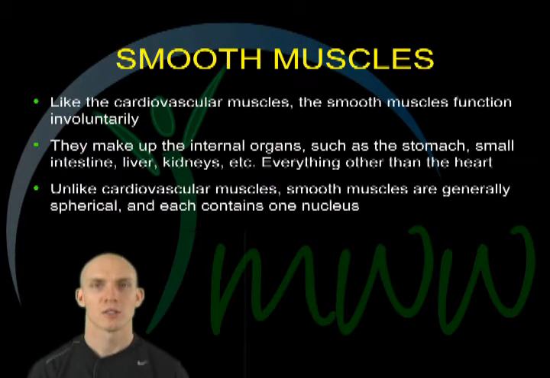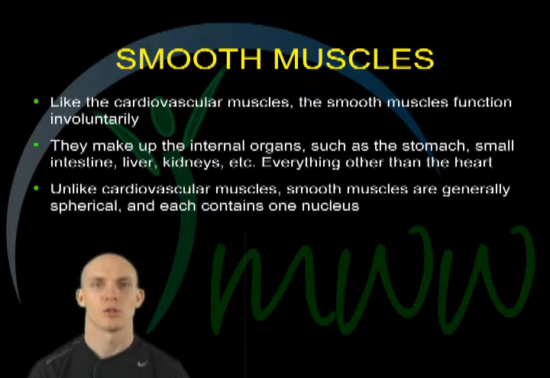The smooth muscles, like the cardiac muscles, function involuntarily. All the internal organs, except the heart, are comprised of smooth muscles. These include the stomach, small intestine, liver, kidneys, etc. Unlike cardiac muscles, which are long, smooth muscles tend to be generally spherical, as are most other human cells, and